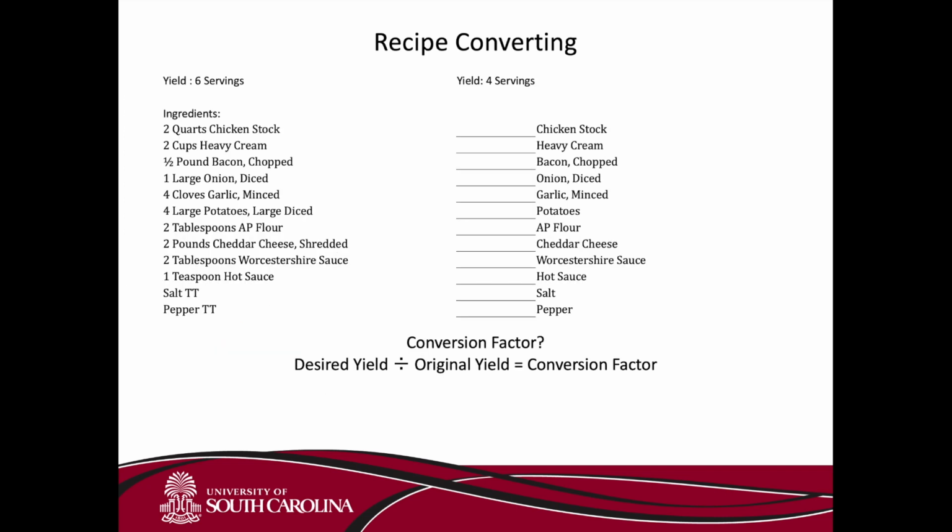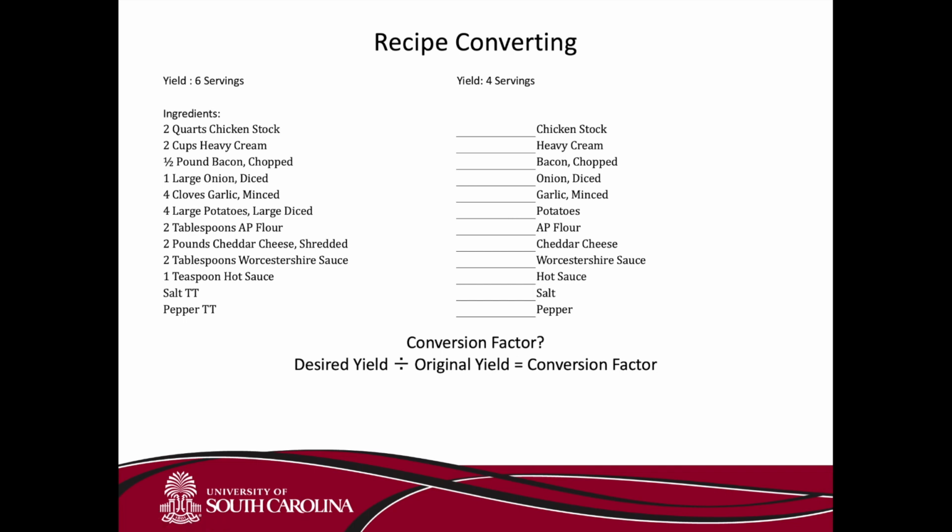So then if we look at a recipe like what we have right here, we can see up here at the top, we have 6 servings. That's what our yield is right now, 6. That's how many this recipe will make. We want it to make 4. Okay, so it makes 6. We want it to make 4. We need to get it converted down.